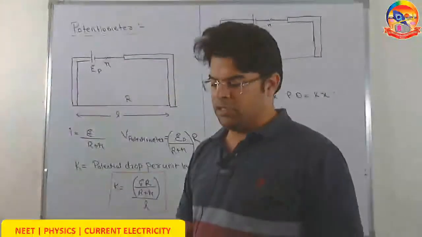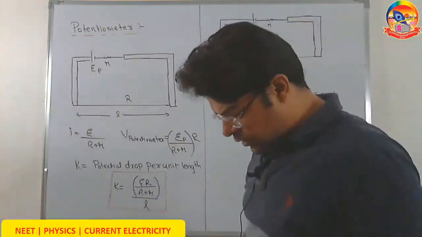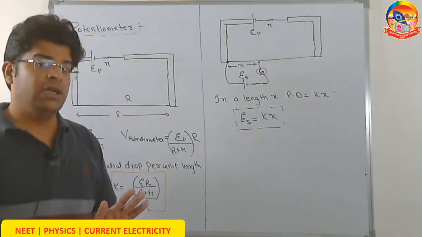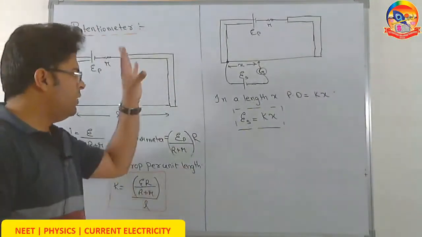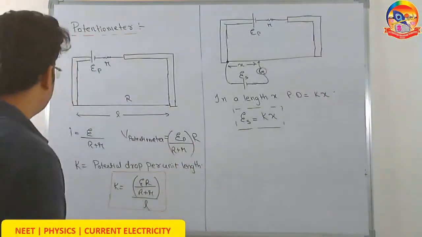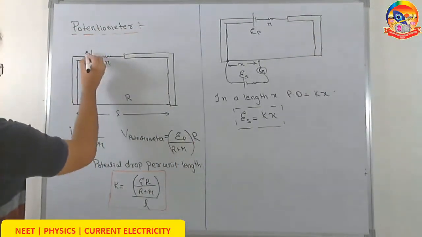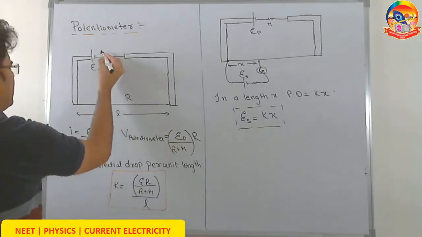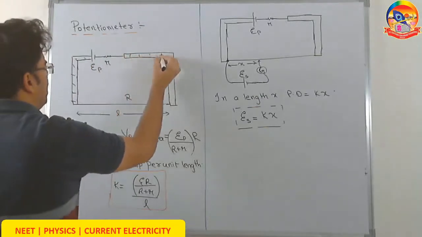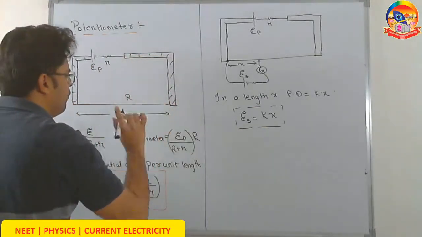So now the last heading, potentiometer. Potentiometer, I don't know why students are scared. It's a very, very simple device. It's a better device. We'll learn points later, but first let's see how the device works. So now there is this cell called the primary cell, let's say having some internal resistance r, and this is, let's say, connected to a wire.